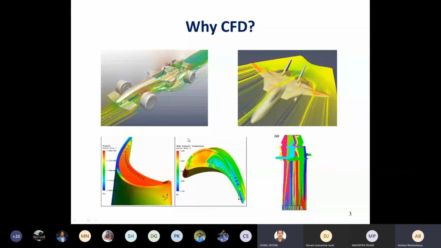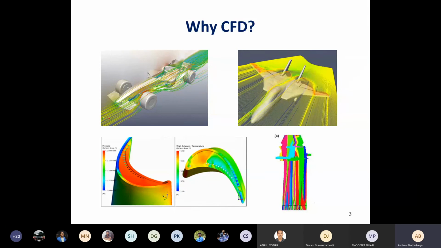So there are different checks and balances, and we have to check for physical consistency. There is something called convergence also. We have to see that the solutions have converged to a particular solution. There is no guarantee that that particular solution is correct. Again, we have to compare the results. And finally, we have to validate the results. We have to compare our CFD model with a known result.